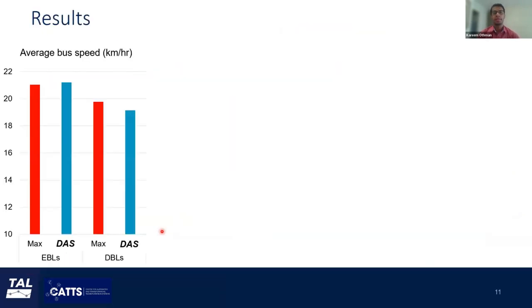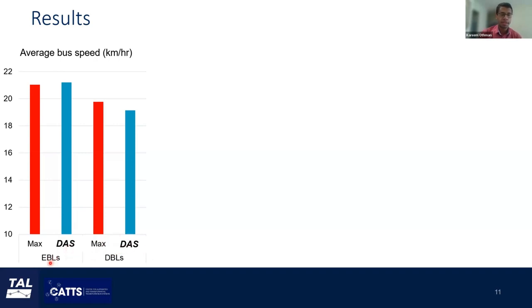All right, let's look at the results. As I mentioned earlier, we have tested the driver advisory system under 2 space priority strategies, starting with exclusive bus lane and dynamic bus lane. With exclusive bus lanes, you will see 2 conditions. The first is assuming that the bus driver is always traveling at the maximum speed. And the second one is the driver advisory system. And the same for dynamic bus lanes. You have 2 conditions. The first one, the red bar here, is showing the average bus speed if the bus driver is always traveling at the maximum traveling speed. And the second one is the driver advisory system.